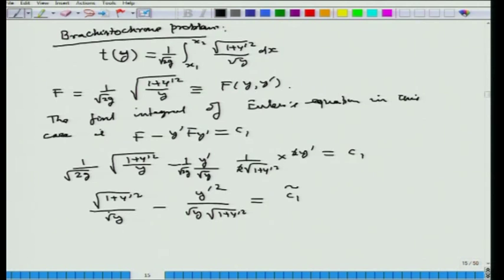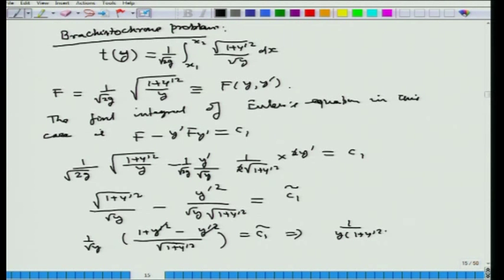And we can see that in this case you will have 1 over root y is taken out, and then you have 1 plus y prime square minus y prime square over root 1 plus y prime square equal to C 1 tilde. So, this is cancelled here. So, we get 1 over squaring it, we get y into 1 plus y prime square equal to C 1 tilde, or inverting